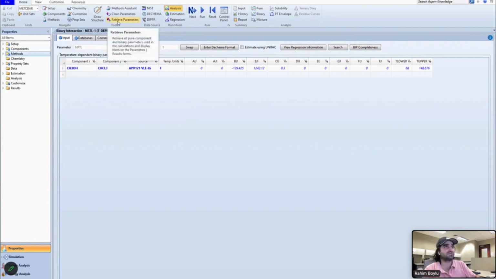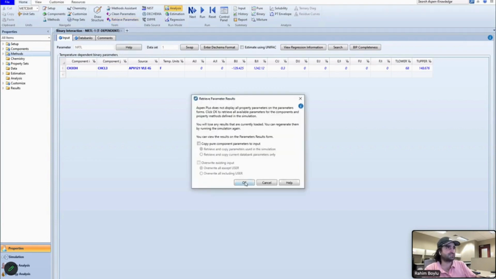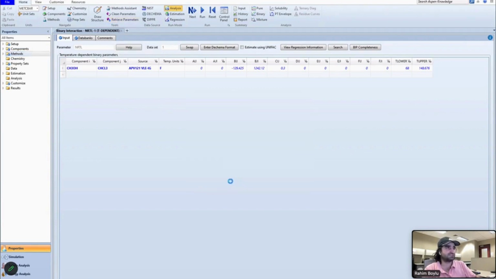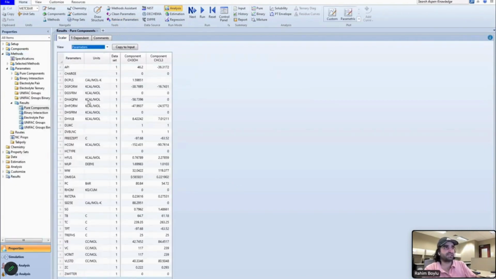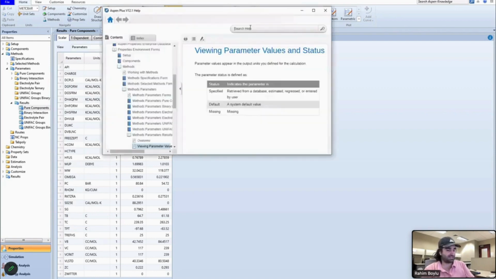You can go here and say retrieve parameters, then say OK, then you should say yes. Here it shows the physical properties of the components. For example, this is critical temperature, this is critical pressure. I don't even know what they mean for each one, but how you can find it, you can go to the help section and